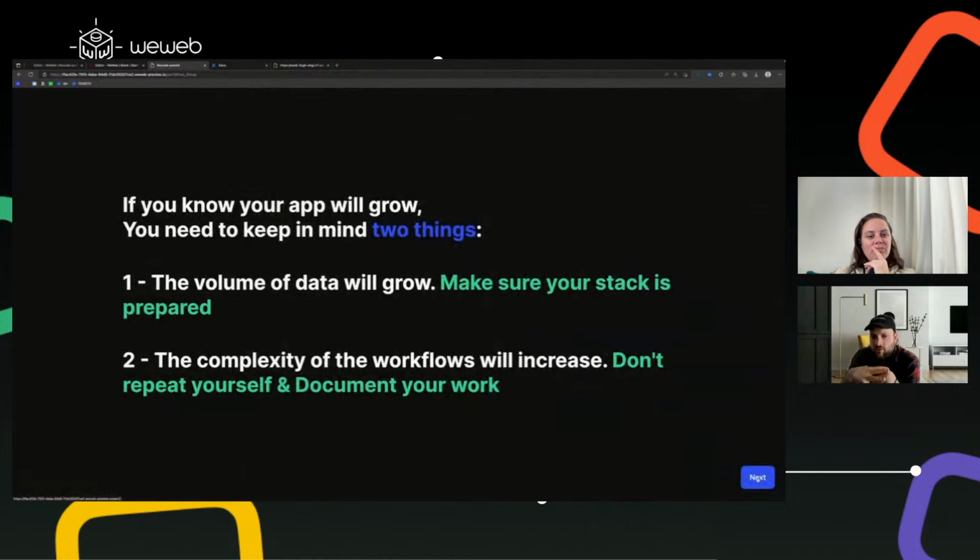So the first thing you need to ask yourself is, will you have a lot of data? As Slavo said, before starting a project, please make sure to ask yourself this question. You need to know if you're going to have a lot of data, because if you do, you will do your filter differently. You will maybe use another backend system. So it will have a huge impact on your stack, on your architecture, the tool you're going to choose, basically. So it's really important to ask yourself